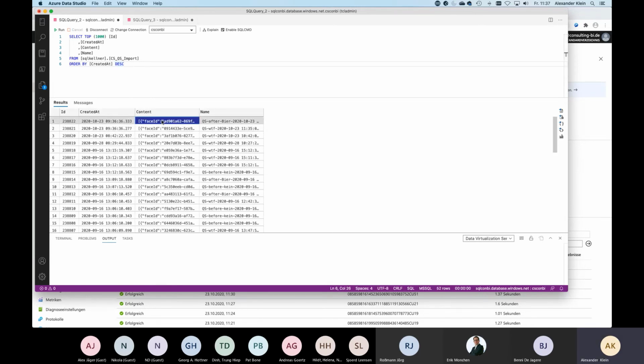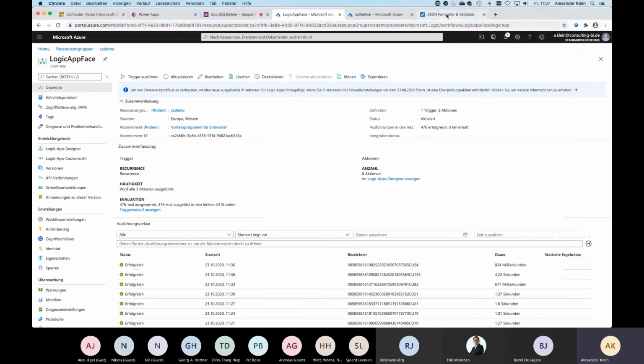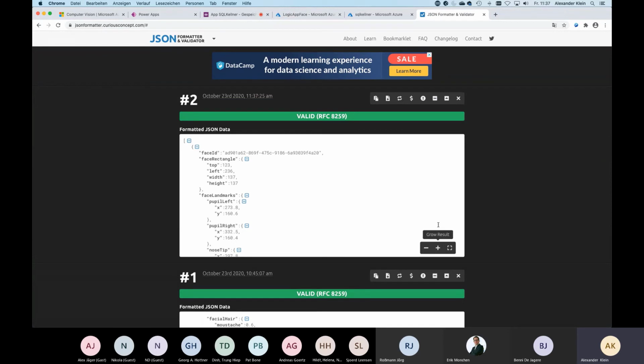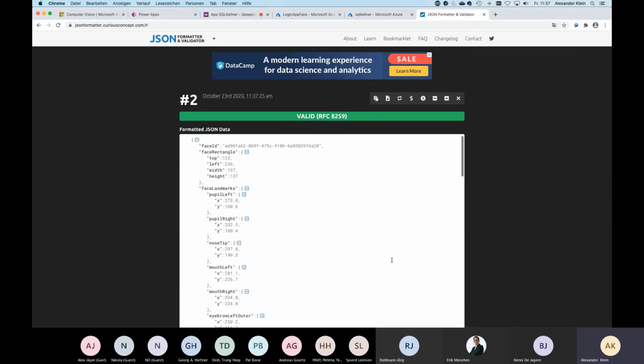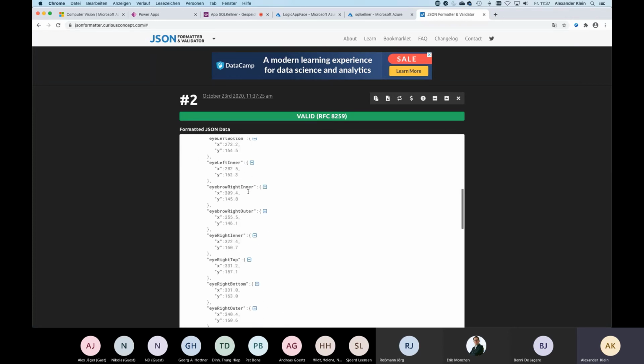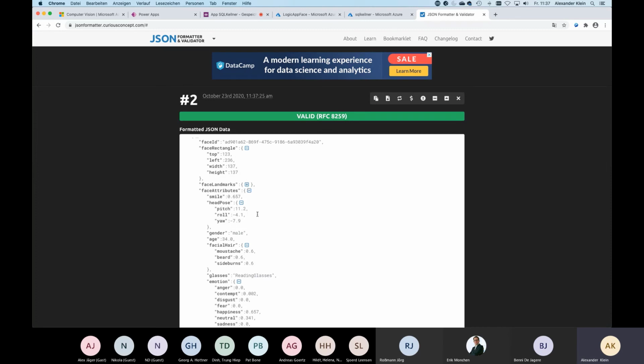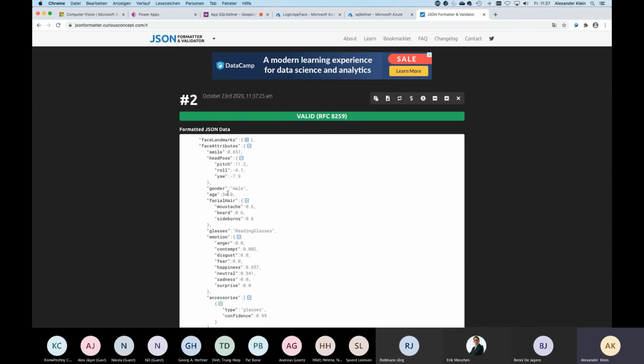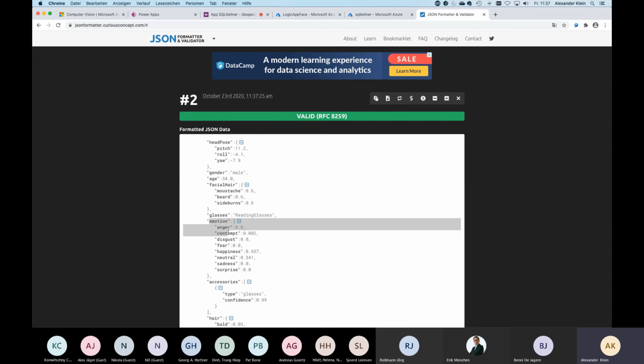Yes, here are some images, and this is the JSON part that I get back from the logic app, from the cognitive services, and we can check what is in it. We go to some JSON formatter here, paste it and process, and have a look at what's inside, what we got back as a result. We got some information about where the landmarks are. Not so interesting. Maybe we can collapse, and then here I get some face attributes. I also get the information: male, oh yes, I'm quite young, perfect. And here I get the emotions back. I think this was one of the images where I tried to smile, so I get happiness of